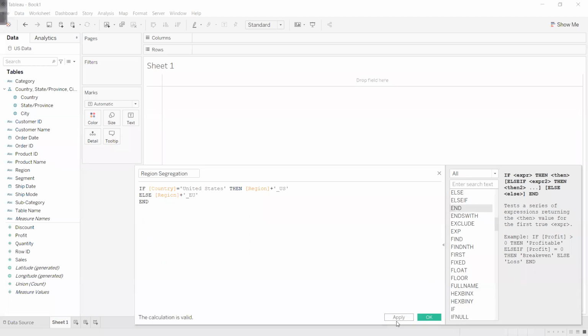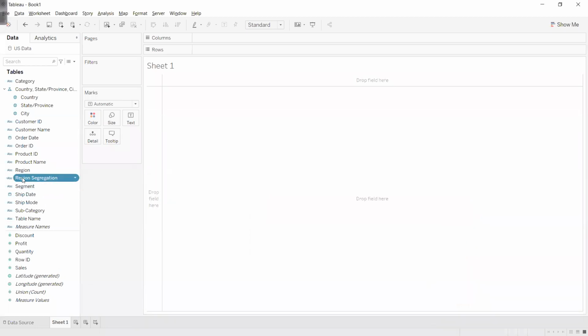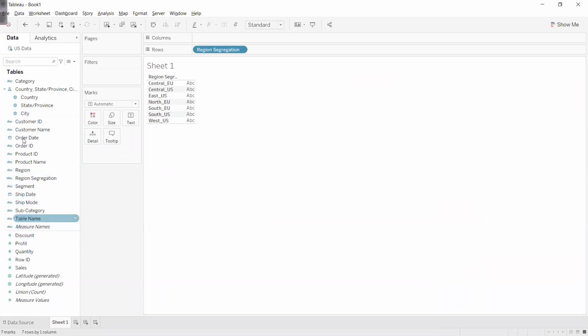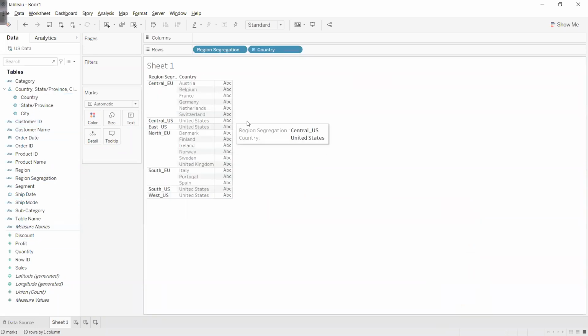Okay, and then click OK. You can see the region segregation coming in, and if I drag country now, you can see Central US, East US, South US and West US. We are getting the US only. In EU, I am getting all the EU countries. So now my logic is built.